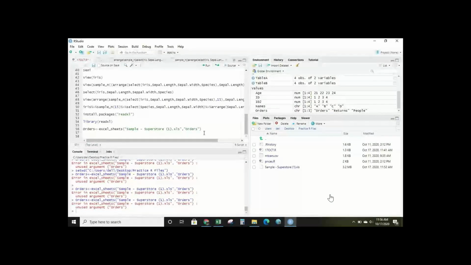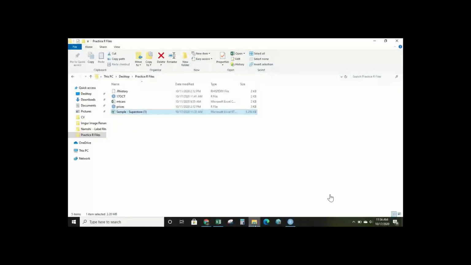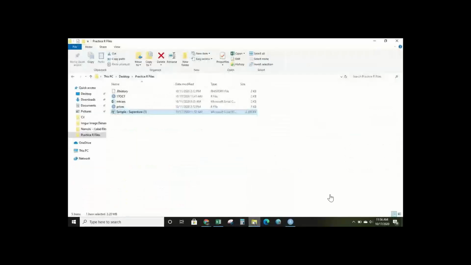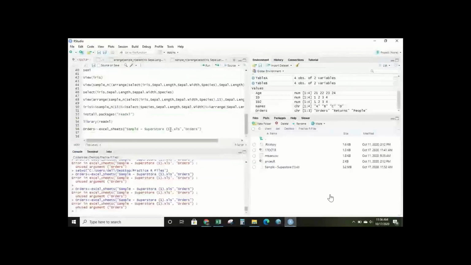I think you changed the name of the file, so I think that is what was happening. Just change the file name once. Close the Excel file.